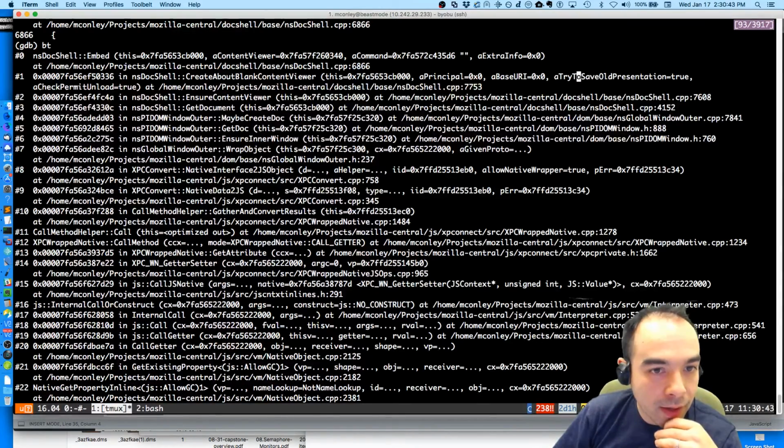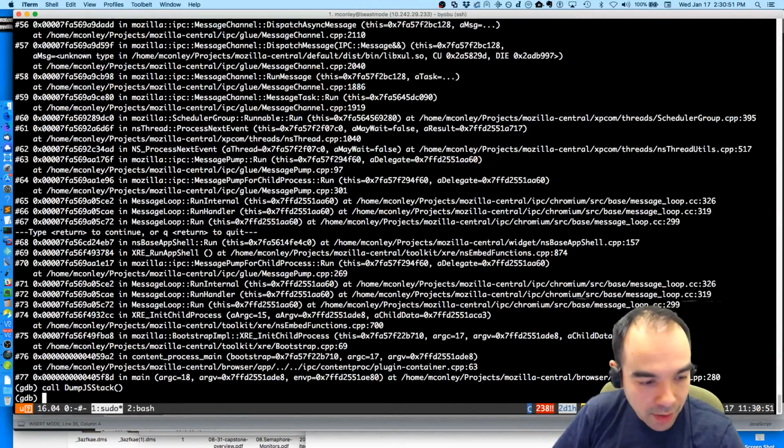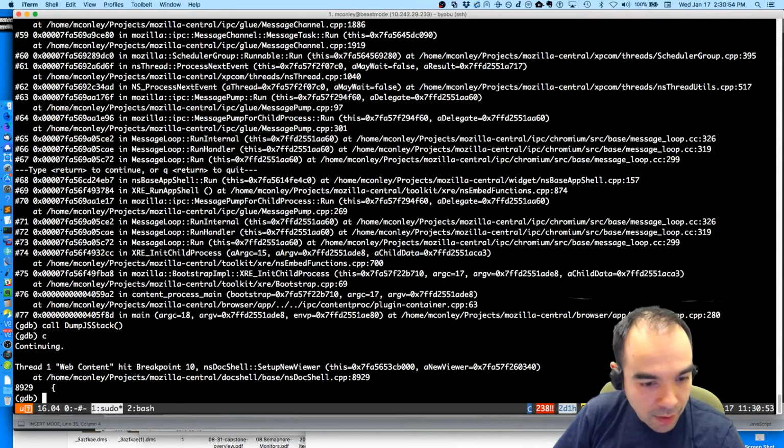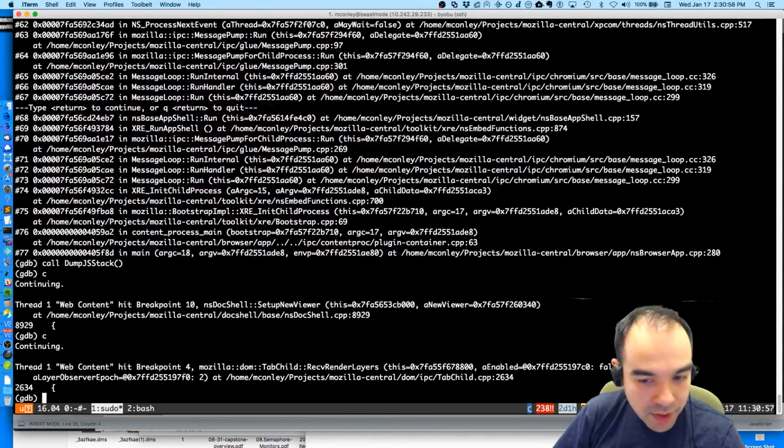We create about blank viewer. And that's when we embed. And then if I continue, then set new viewer is called naturally, and then receive render layers is called for some reason. Because content.js ran first. Why?